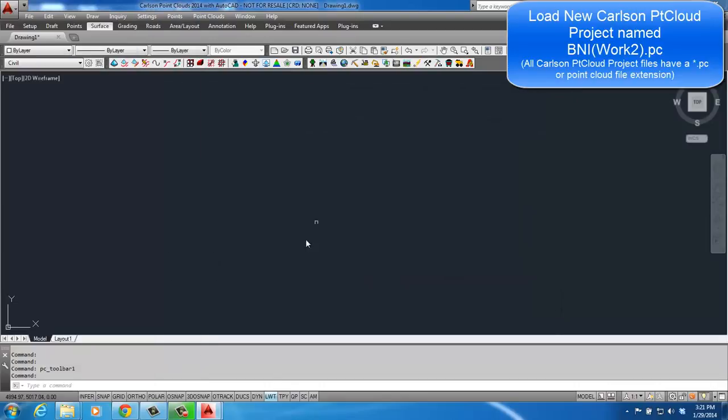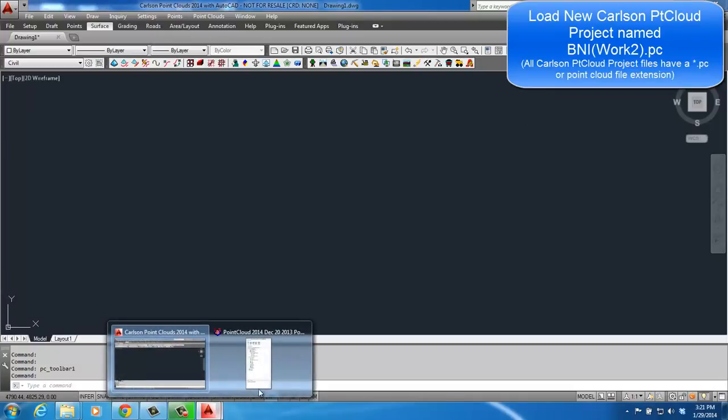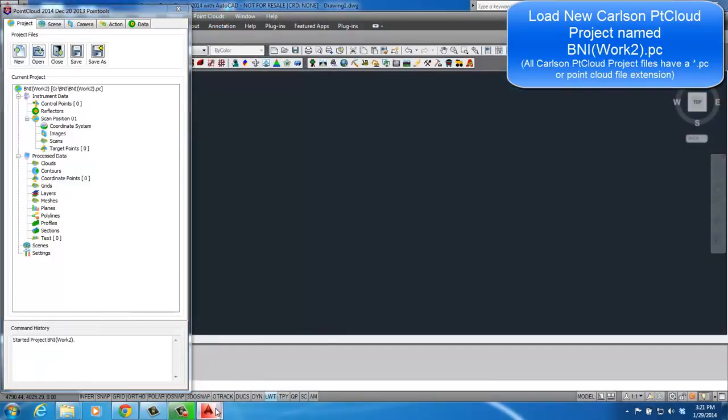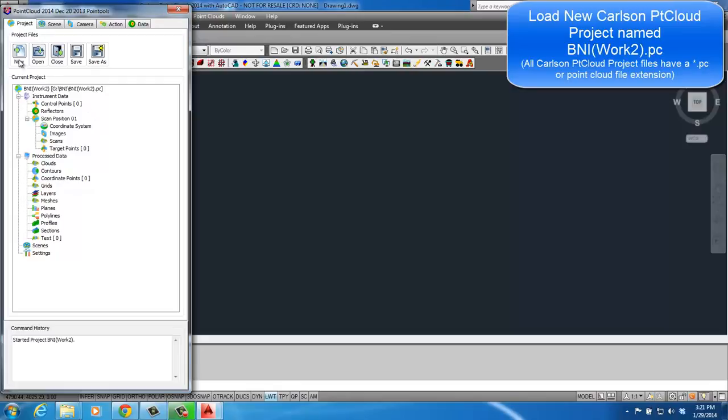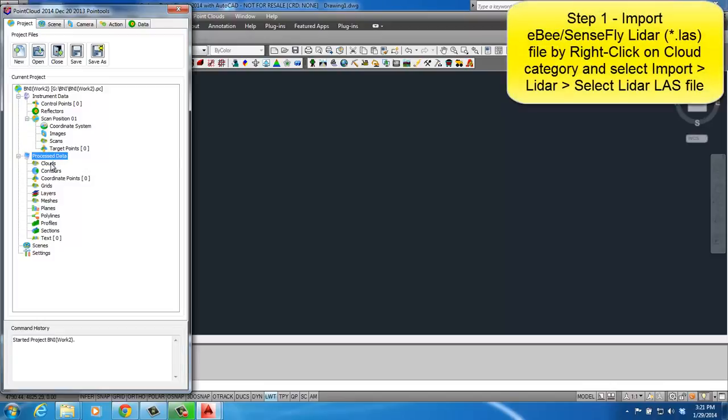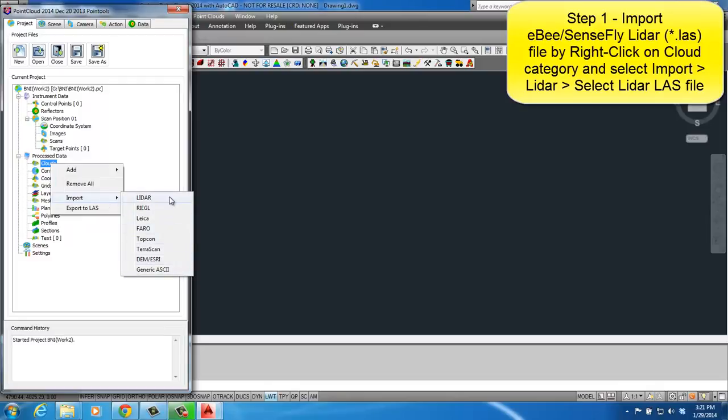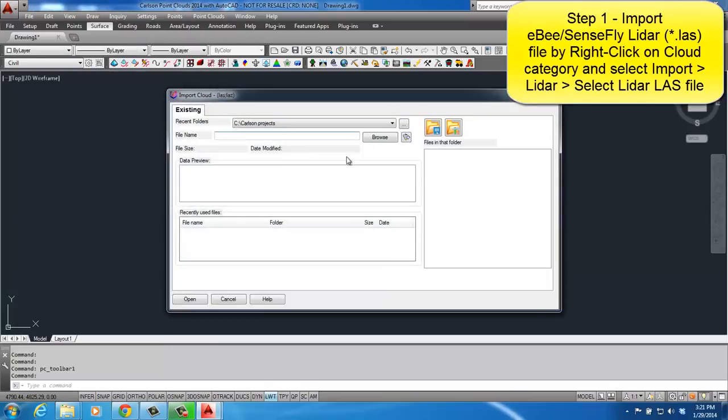Okay, when I do that, I have two windows. You can see that I have the PtCloud window and I have the AutoCAD window. So the first thing I want to do is go to the Clouds button here. I highlight it, hit the right key, come over here and do import, and I can import from several types of formats. The format that's created by the eBee drone SenseFly software is a LiDAR or LAS file. I pick LiDAR,